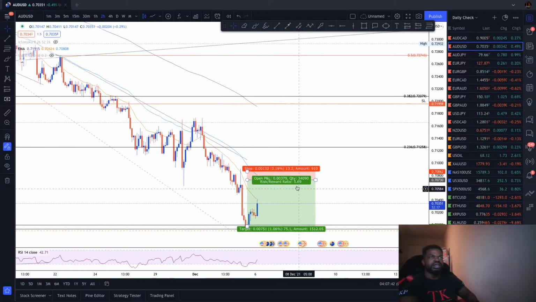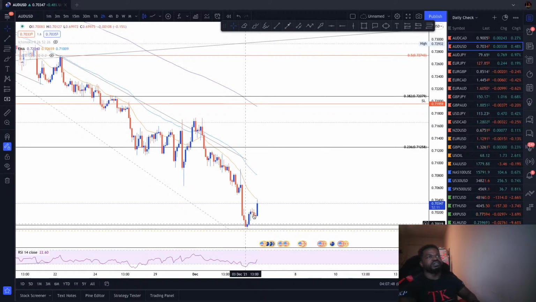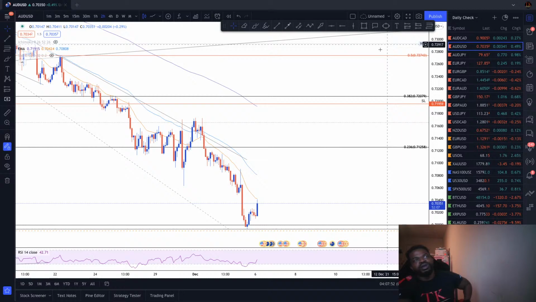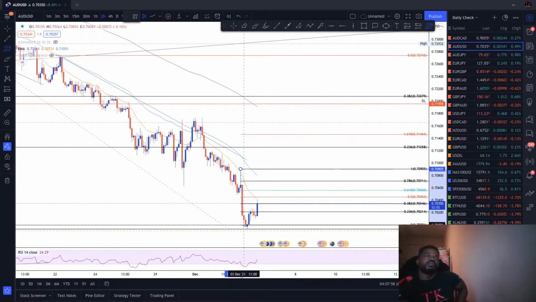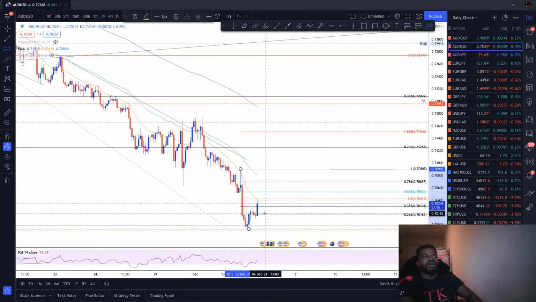That sale hit our target area. We took profit. After taking profit, we get a pullback. From here, we are waiting to see how far this pullback will be. At this point, if we look at the micro fib, we're at the 50. But if we take this structural level here,